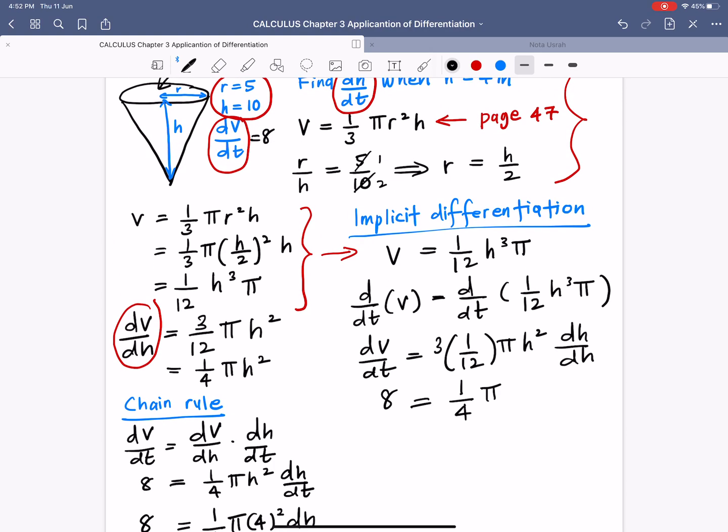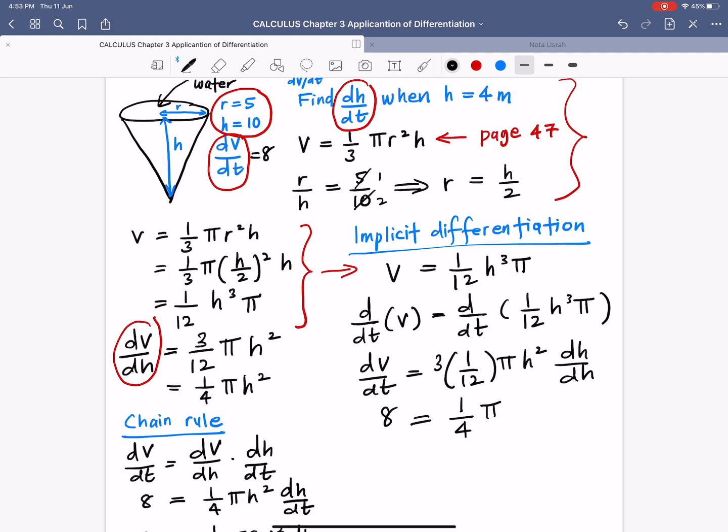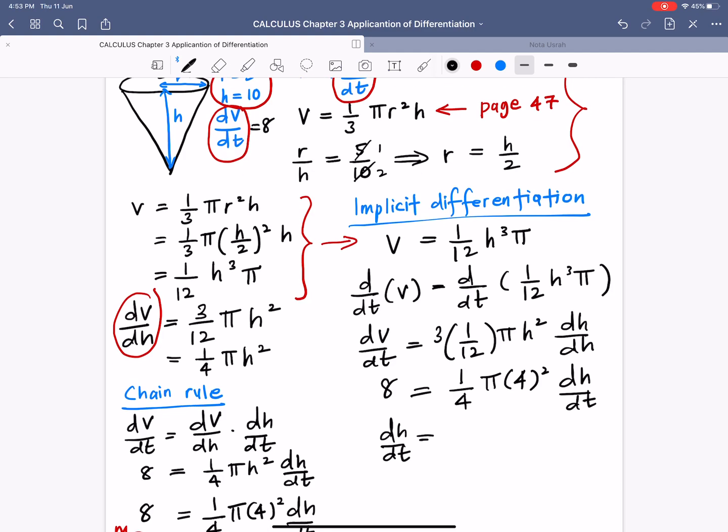We want to find dh/dt when h is 4. So 4 squared dh/dt. Then you'll find that dh/dt is equal to